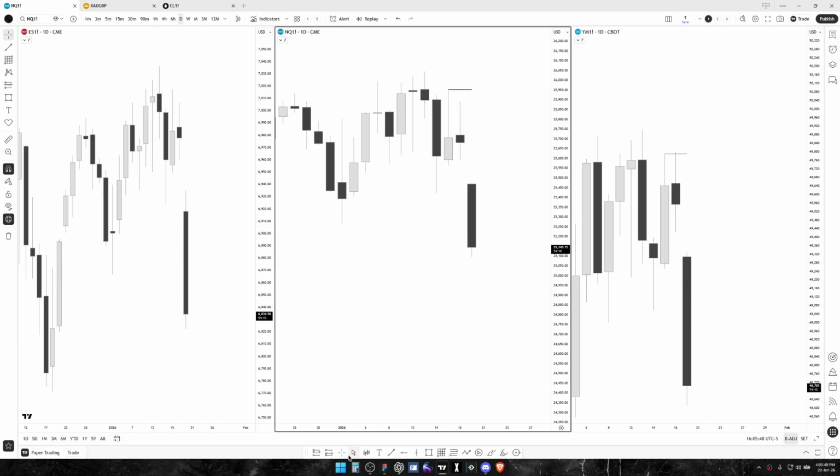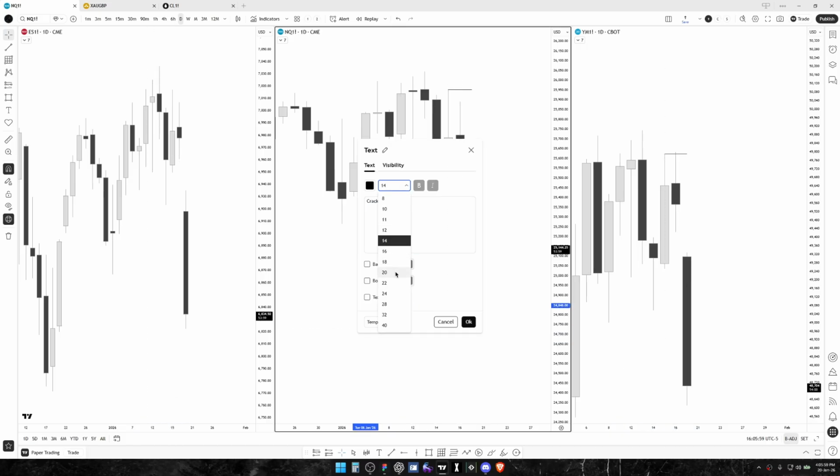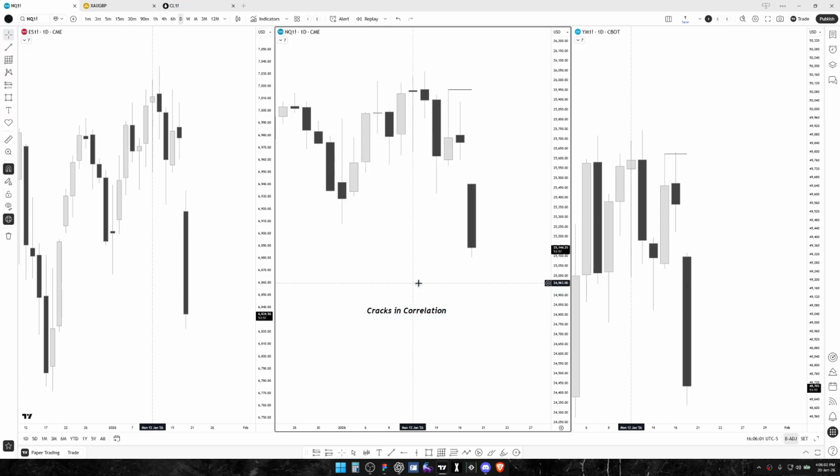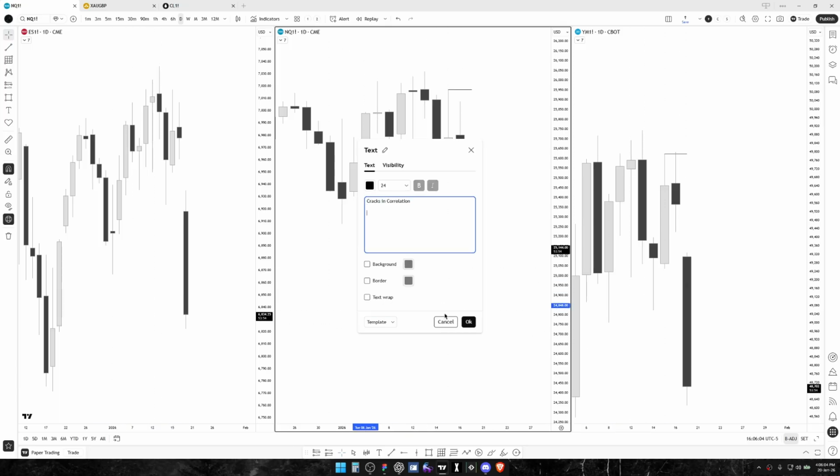So cracks in correlation is a whole section, right? And inside this section we have SMTs, which is exactly what you just saw, the divergence between ES, NQ, YM. That's one cracking correlation. The next type of cracking correlation is a PSP,